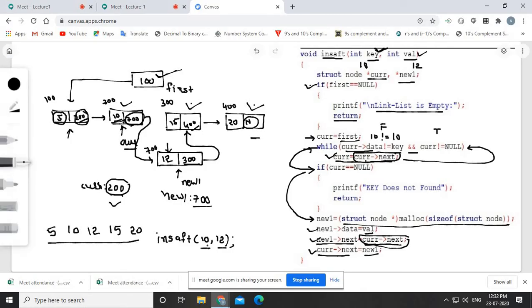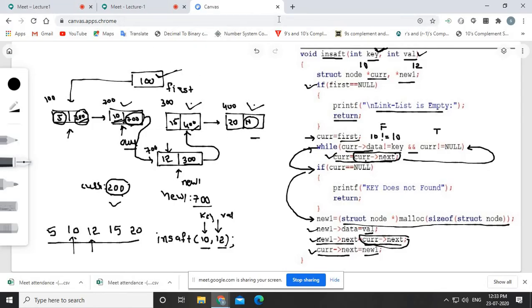See what happened? 12 is inserted, so the value is inserted after the key value, right? You just check it out. 12 is inserted after 10. So this is 10 and this is 12, right? So I think the logic is clear for all the students. And if you have any question, query or doubt, then you can write on my telegram channel so that we can do a detailed discussion on it. Okay, so this is the functionality which is called insert after.